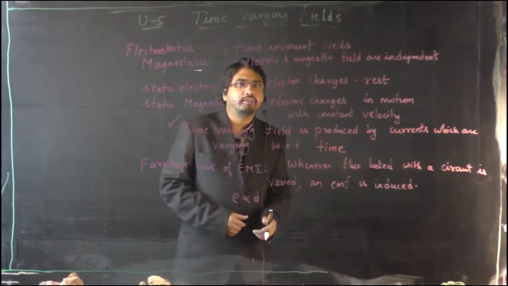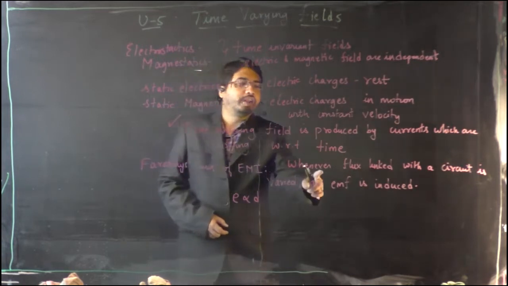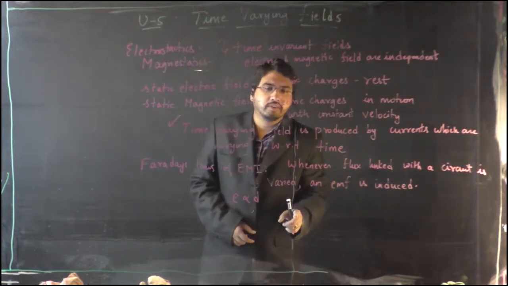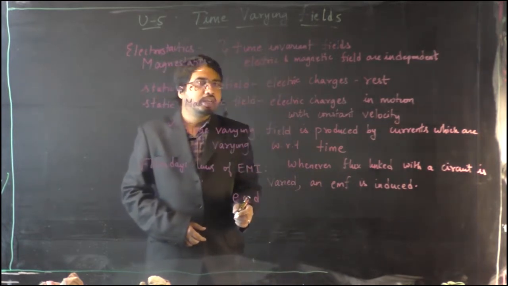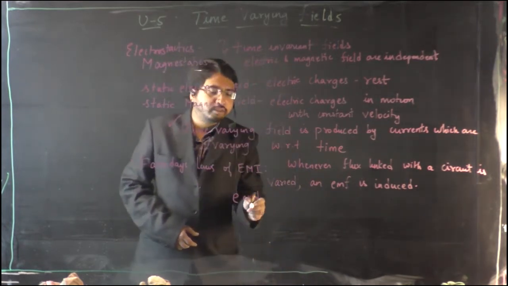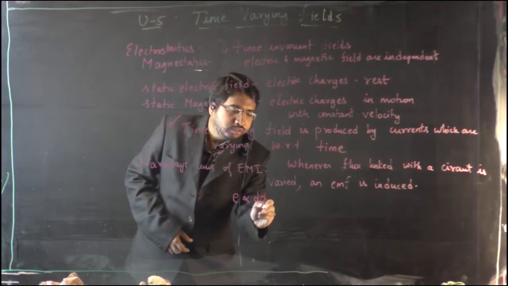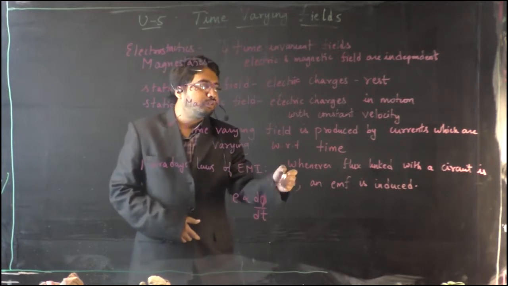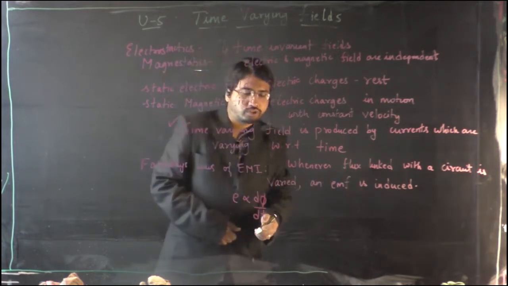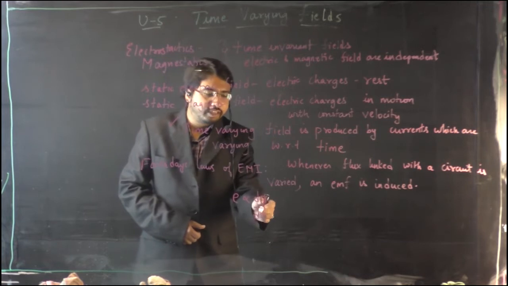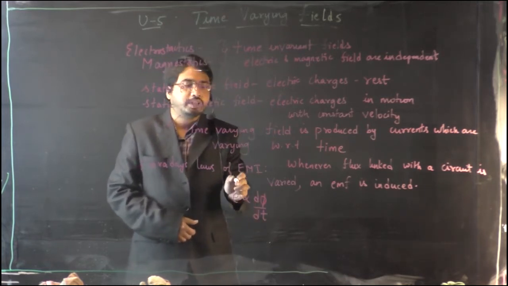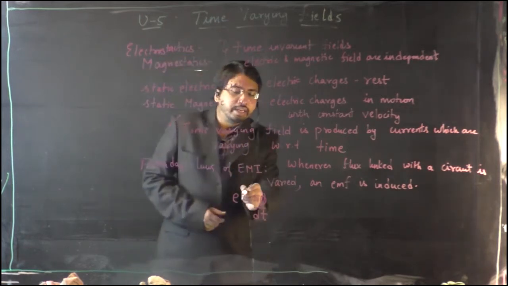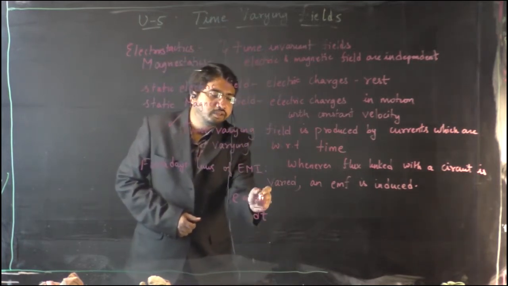So how can we define Faraday's laws of electromagnetic induction? Whenever the flux linked with a circuit is varied, an EMF is induced. How can we represent the variation of flux mathematically? Just by differentiating it. That means if you vary this flux, d phi by dt will produce some EMF E. So E is proportional to d phi by dt, and the induced EMF is directly proportional to the rate of change